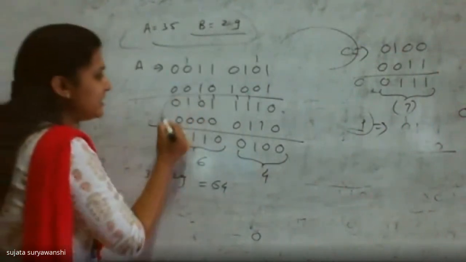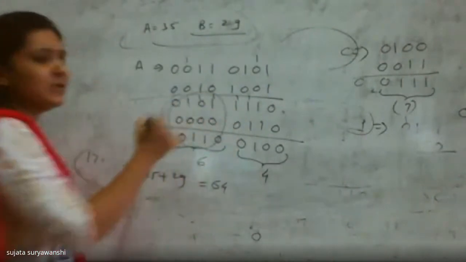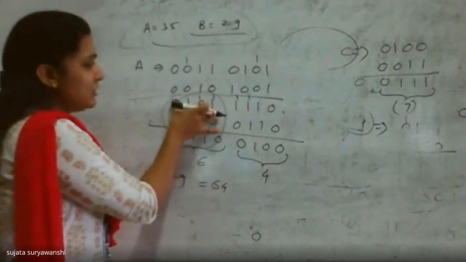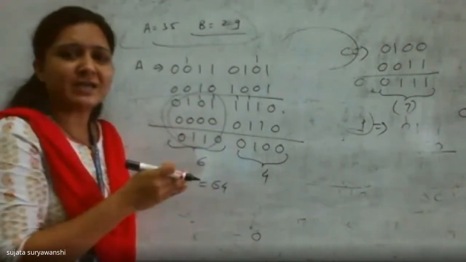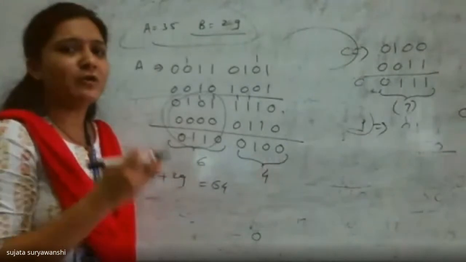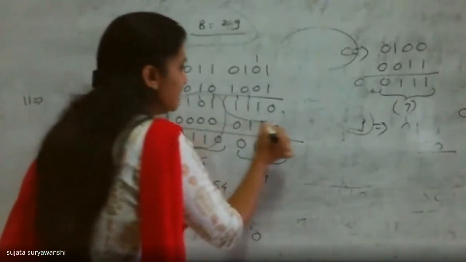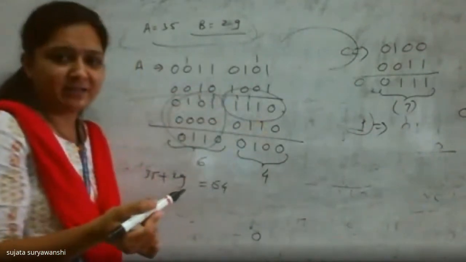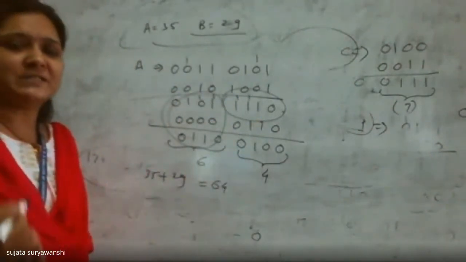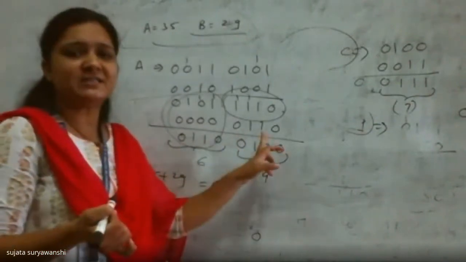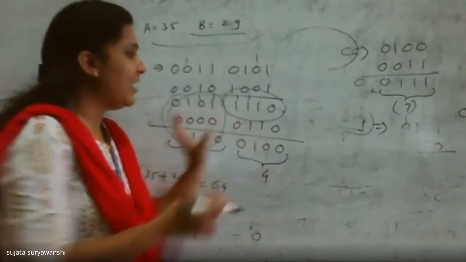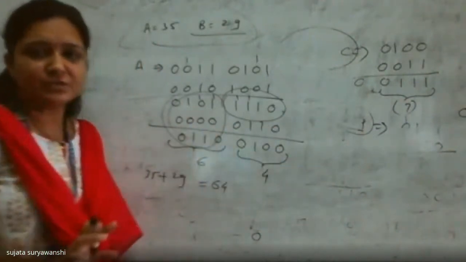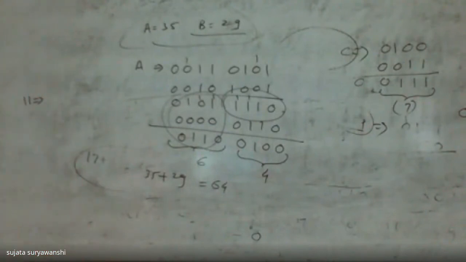As we are not getting carry in this nibble and we are not getting sum greater than 9, this nibble comes under your first case, that is sum is less than 9 or carry 0. But when you consider this first nibble, the sum is greater than 9. So to get it in true BCD form, you have to add 6 into your result. That's why I have added 6 only to this nibble, not to this nibble. Understood or not? Or any doubt?